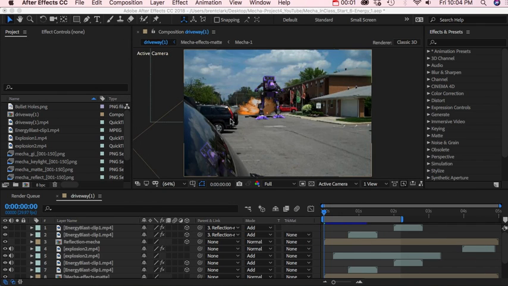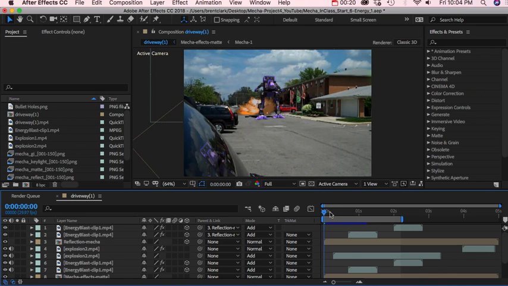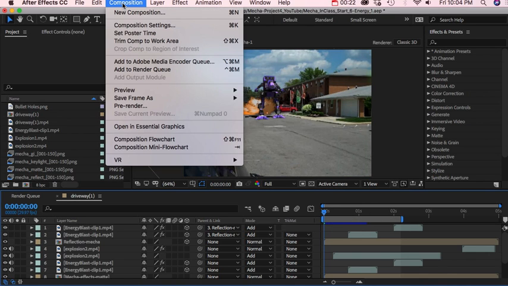Okay, in the last lesson, we added the reflection. So now I'm going to show a way you can do several bullets, kind of like rapid fire, and we're going to try to add it to the driveway here. So what we're going to do first is a new composition. So composition, new composition,